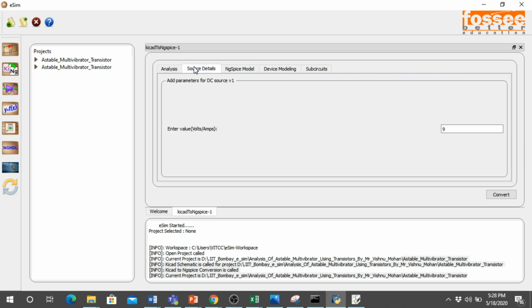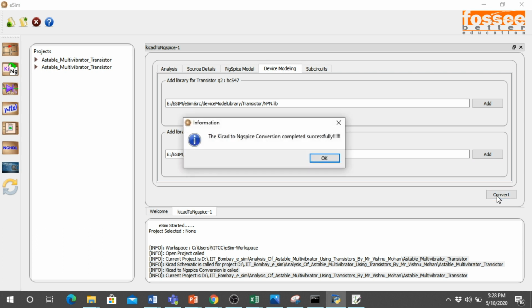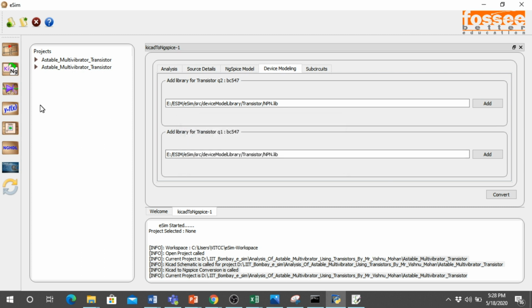Then I'm going to use source details, so I'm going to have 9 volts as the source. Device modeling I have added already. If you want, you can add it. Then you can give convert. Once you click convert, the message KiCad to ngSpice conversion completed successfully will come. You just give OK. Then you have to click the simulation button.